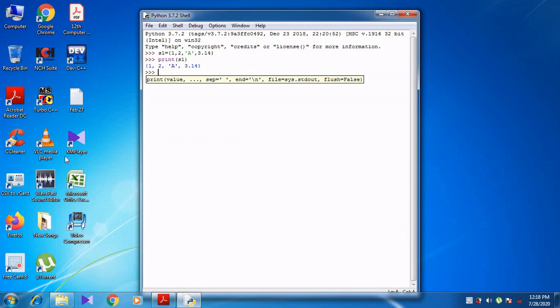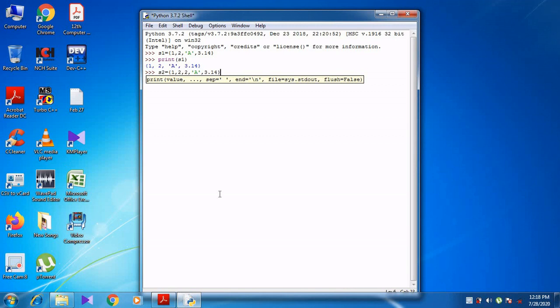1, 2, A, 3.14. Now I am going for S2, another set. So 1, 2, 2, A, 3.14, 3. Or else I just give up to this.